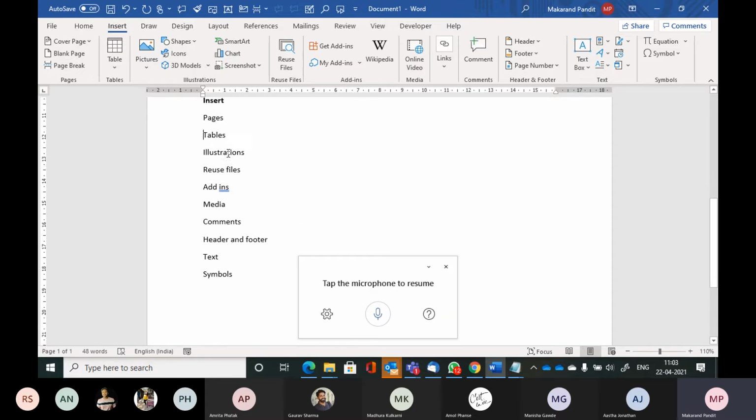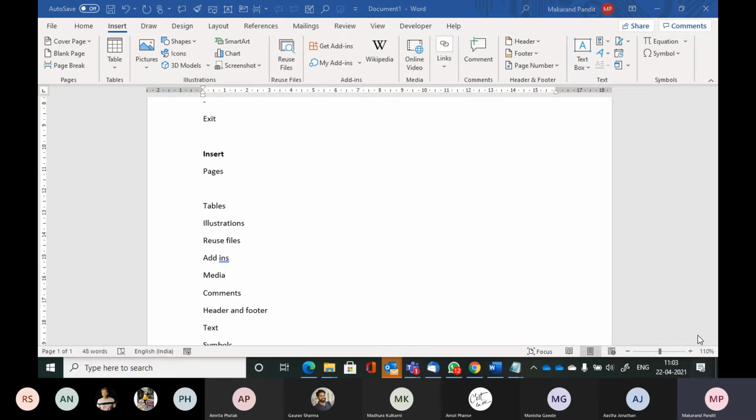What is the next thing that I'll do? Now, obviously, I'll not do this for the rest of the ribbon. I'm sure you have figured it out and you'll be able to do it. What is the next thing that I'll do? The next thing is I'll insert screenshots. Now that I have the application access, I'll just go on inserting the screenshots, correct?